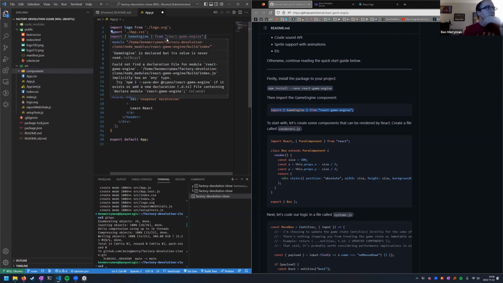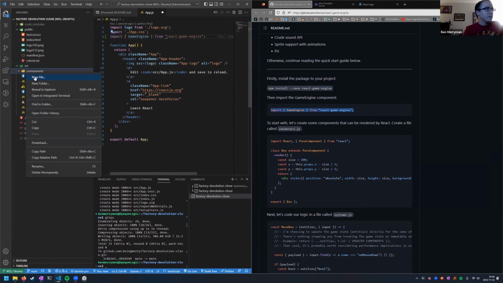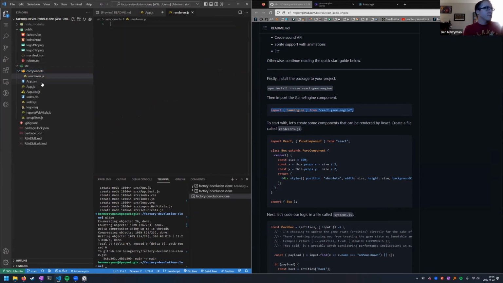Why can't? Oh, just never read. Renderers.js, create a file called renderers. Render, that is a hard word. I won't want every one of you on mute to say that right now. Renderers,